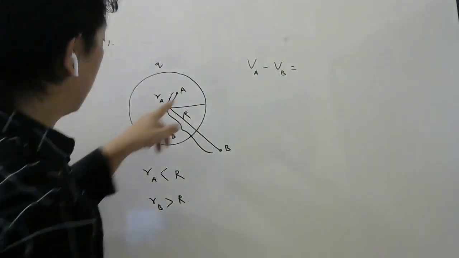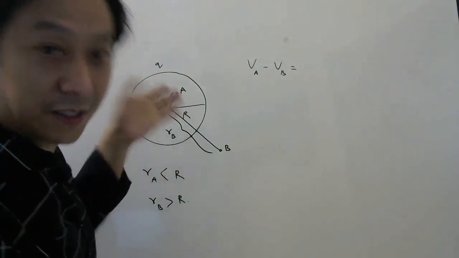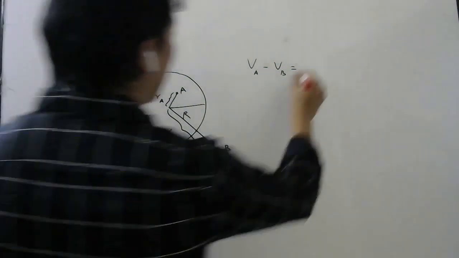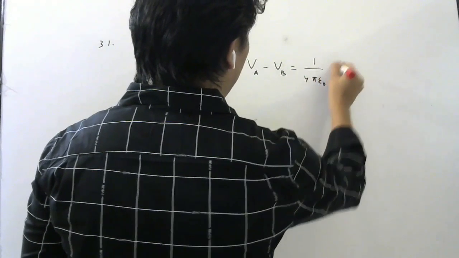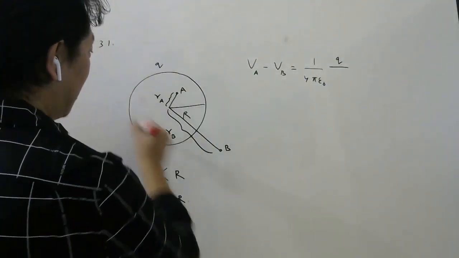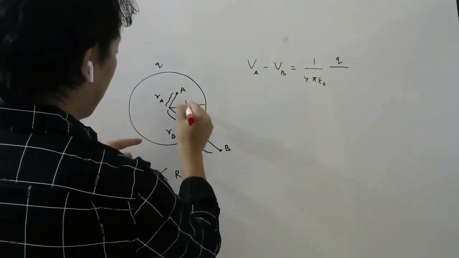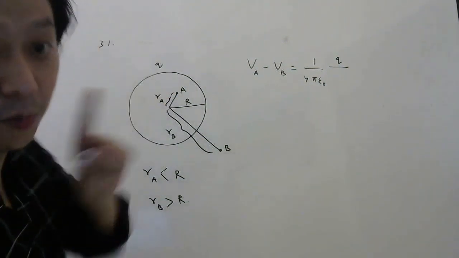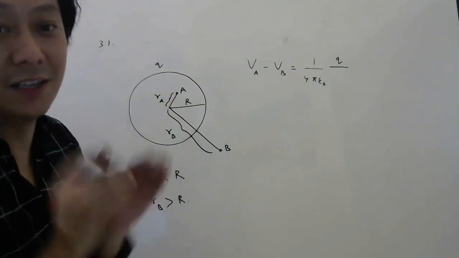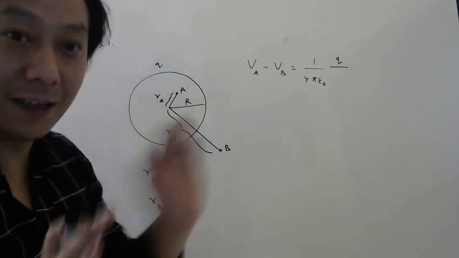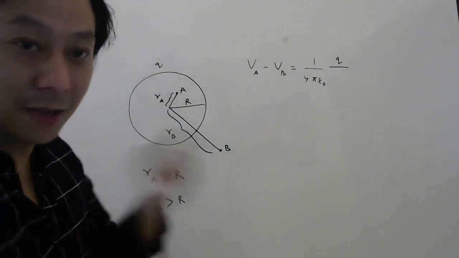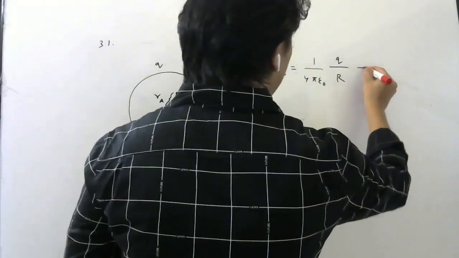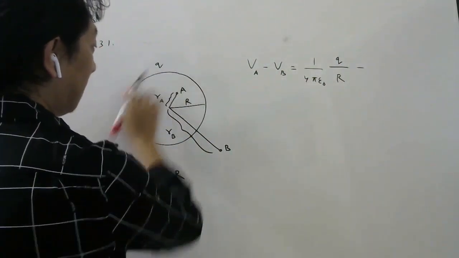Now look carefully. Where is point A for this shell? It is inside. Since it is inside, the potential here will be the same as on the surface. So on the surface, what is the potential? 1 by 4 pi epsilon naught, Q by the radius of the sphere, which is capital R. Please don't make the mistake of using this distance. Even if this is the point where I want the potential, because this point is inside, we don't use this distance. Inside, we directly write that potential everywhere is constant, same as on the surface. So we write the radius of the shell; this is the potential at this point due to this shell. Only one shell is there, right?